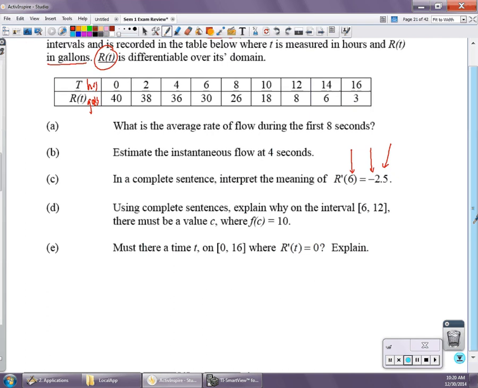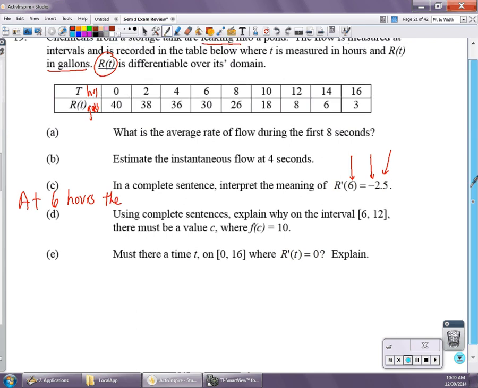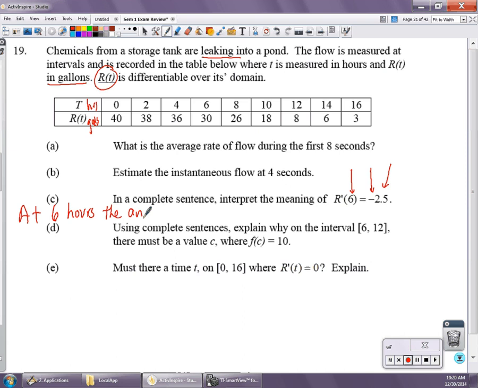So my complete sentence would be: at 6 hours, the amount of chemicals leaking into a pond is decreasing. That takes care of the negative. At a rate of